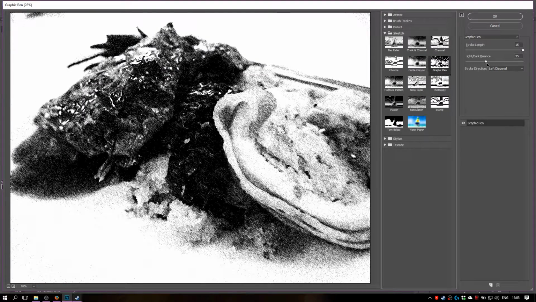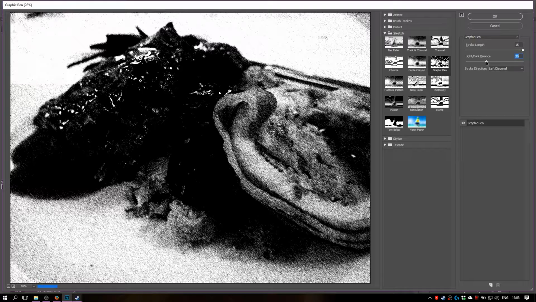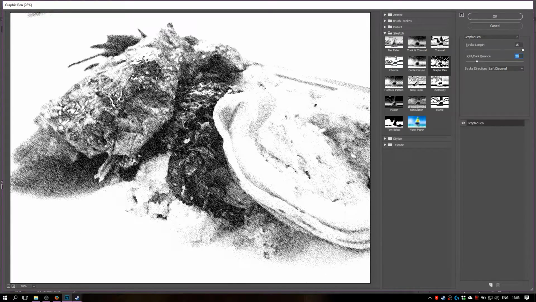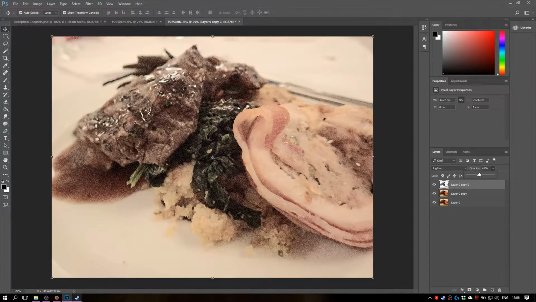There we go. So it's not bad. I think I will lighten it up a little. I think we could even look at going double layered so we get the nice texturing in the bacon, I think that was. But I think I'll keep it there for the time being. And we want to lighten. Then bring your opacity down. There we go. So we have a nice sketched little meal, but we want to pretty much make it punch